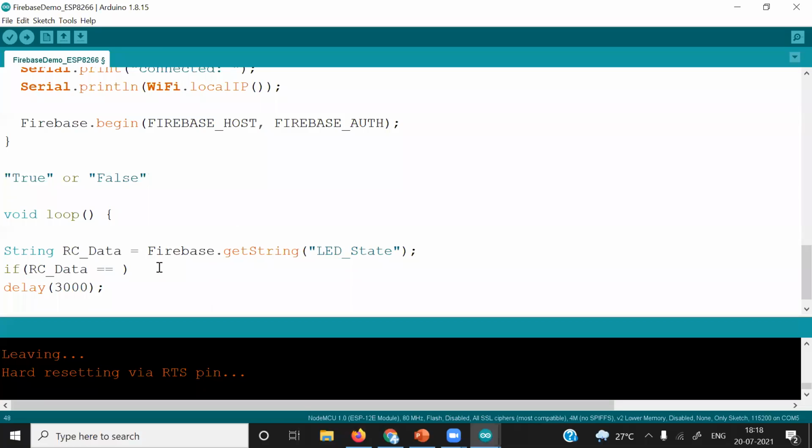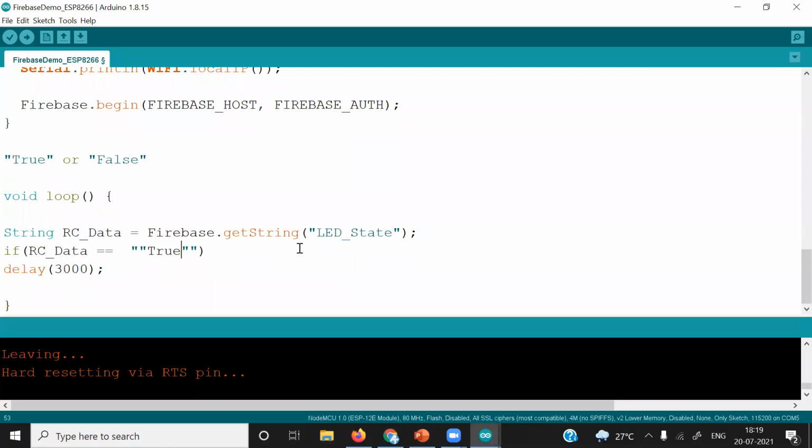So while comparing, we have to compare the entire string. So what I will do, I will try to compare it with the entire string. So what is the string we are receiving? True and false. So first I will put it in a string. To compare any string, you have to put it into double quotes. So inside these double quotes, you have to put again two double quotes because we are receiving this entire string. Okay, and inside that we have to write true or false. TRUE.